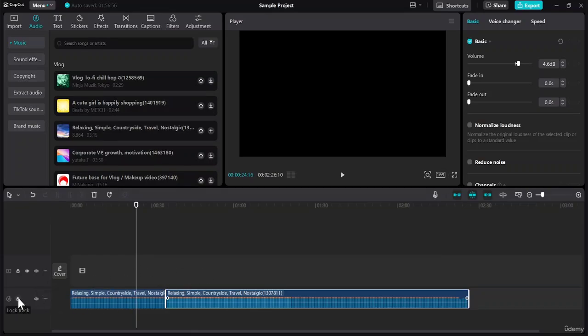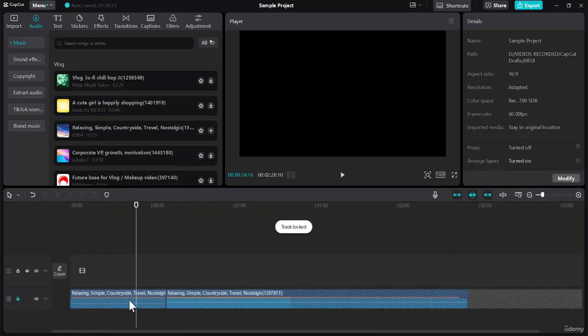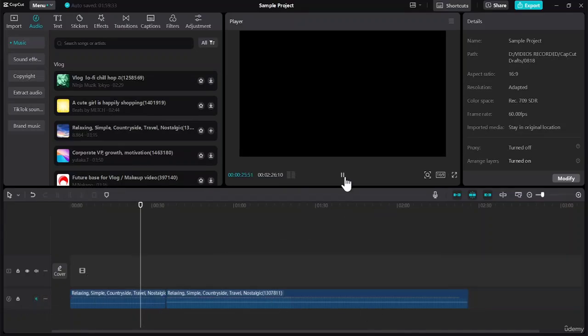And then you can also use this one to lock your track. Just select that and you will not be able to do anything with the track. And now let's unlock that. And with this button, you can simply mute your audio track and it will not play until